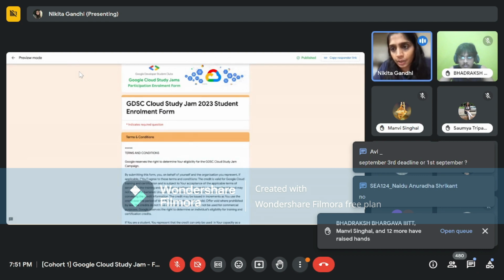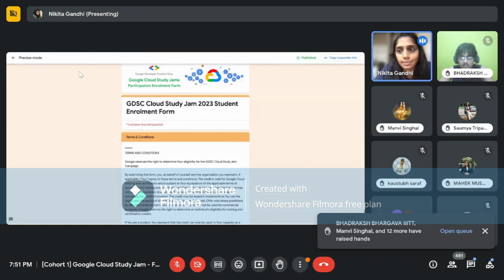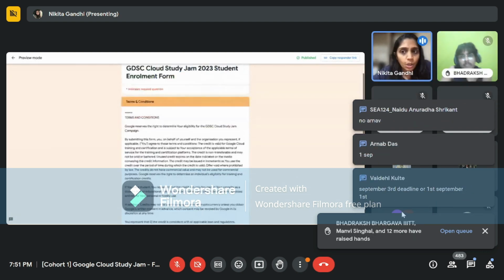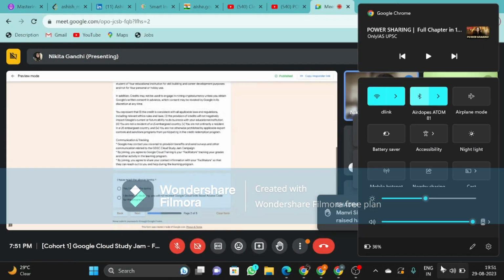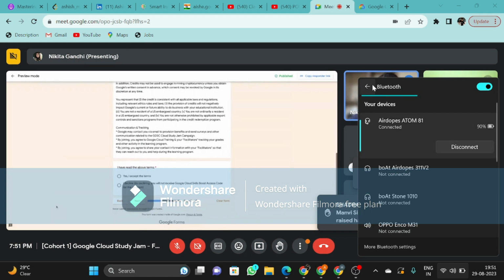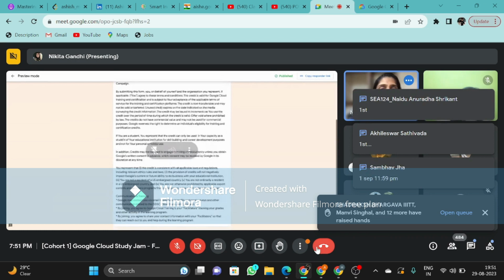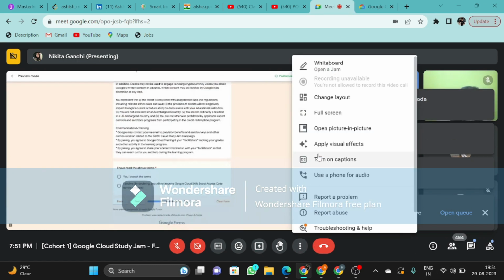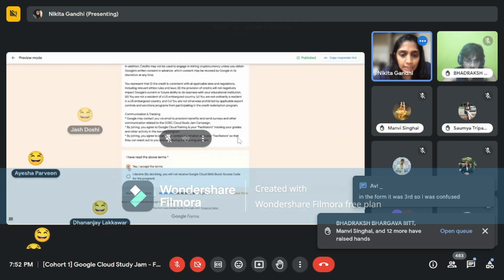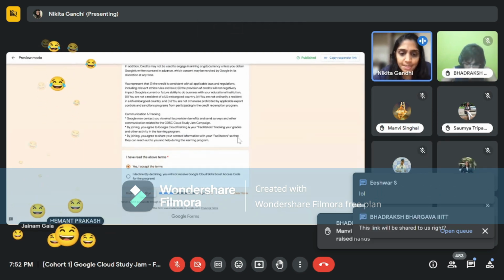Make sure it's a Gmail account, as that works best with the Google Cloud Skill Boost platform. So use a Gmail account instead of your university accounts. And make sure the entries are correct because we will not be accepting any incorrect entry. Regardless of what request you come with, we will not be able to accept. So please be very sure about this. You can read the terms and conditions. They are not subject to market risks because these are not mutual funds. Please read them and then click on I accept if you accept the terms and conditions.